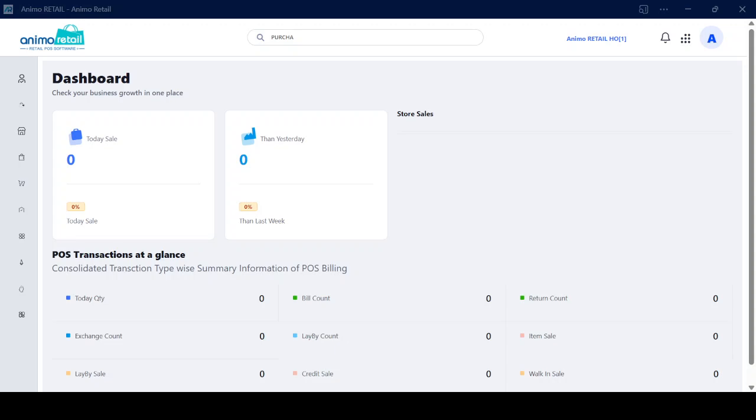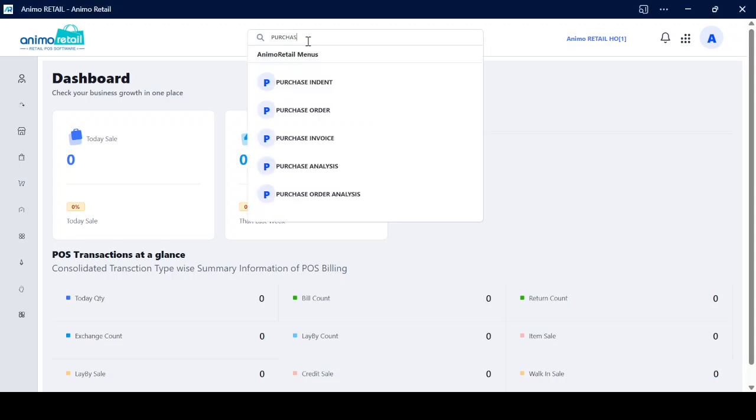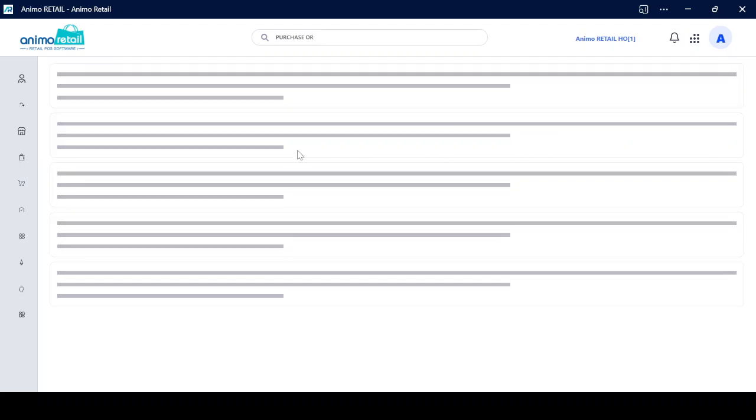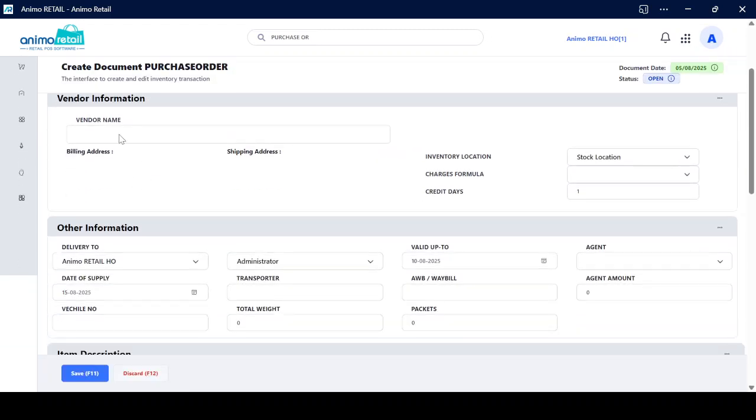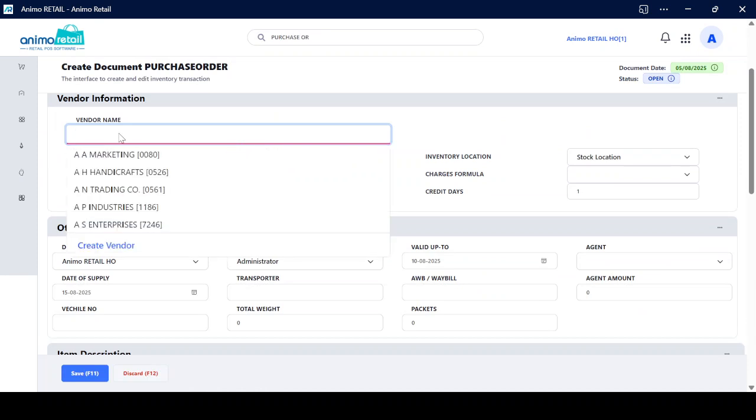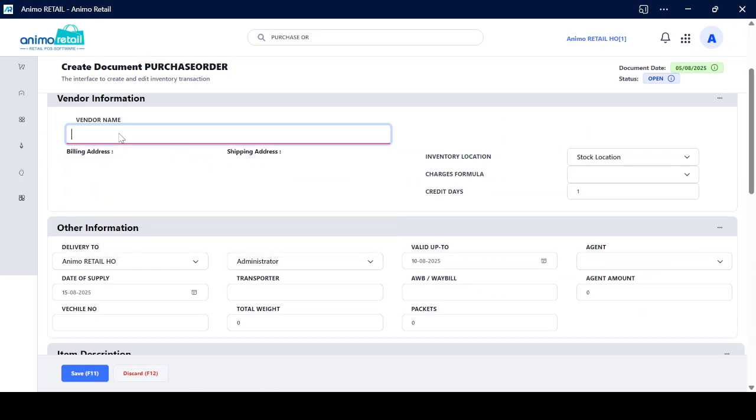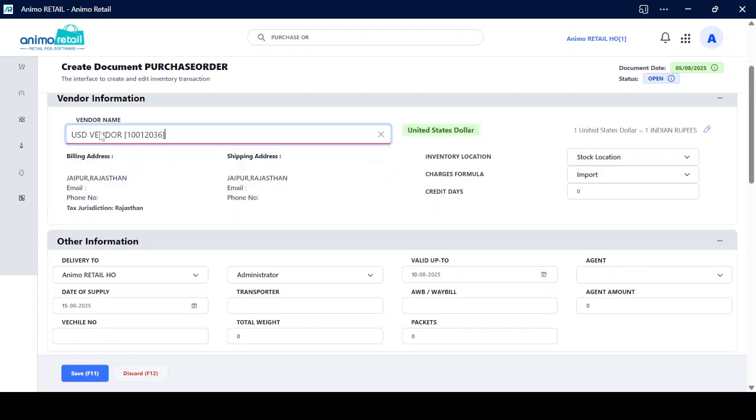To do that, let's go to the purchase order interface first and click on the new purchase order, then select the supplier. I have created a supplier called USD vendor. Okay, now when I have selected the